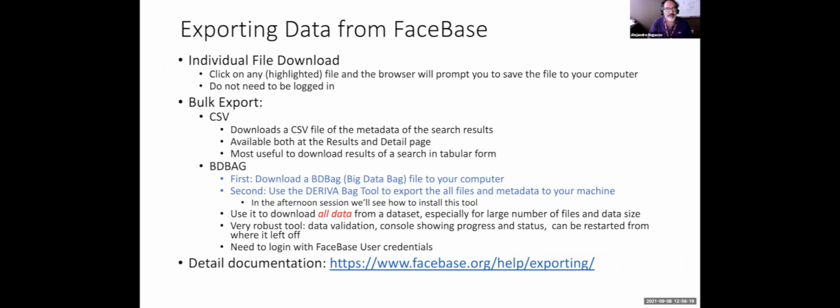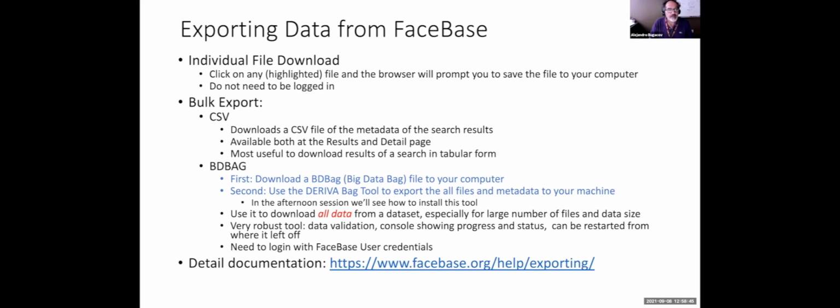Whenever you get to a page where you see a file, that's typically a highlighted URL, you can click on that and the browser will prompt you to save the file to a location on your local machine. In order to do that, you don't need to be logged in. Anyone that can access the data set that's public can download any files, but you have to do it one